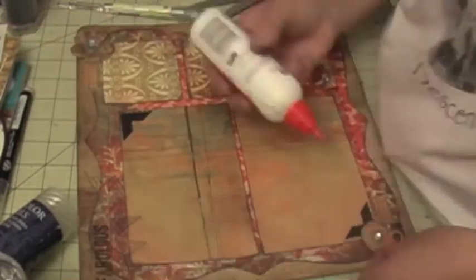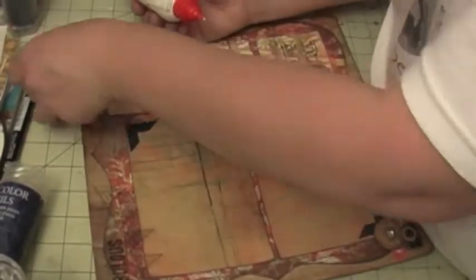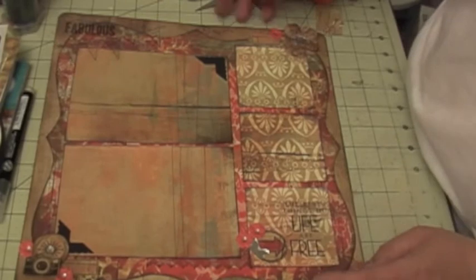Now I'm going to put some flowers around my image, my clusters, and I'm almost done. I think I'm done with the layout. I just want to make it real simple, not a lot of fuss. So this is my layout,